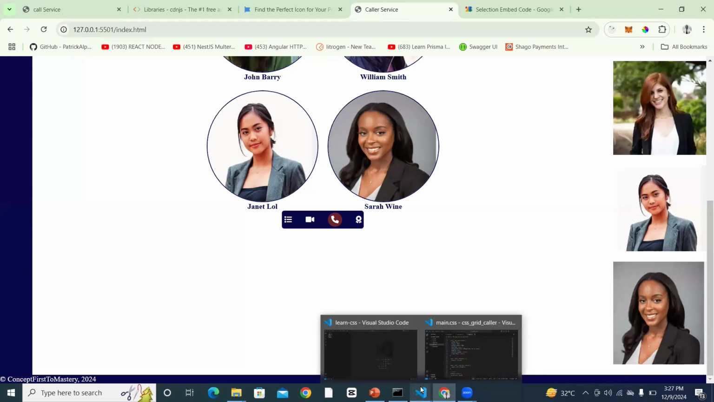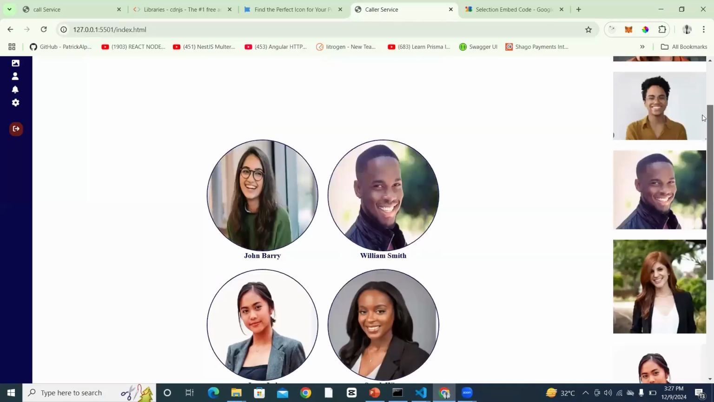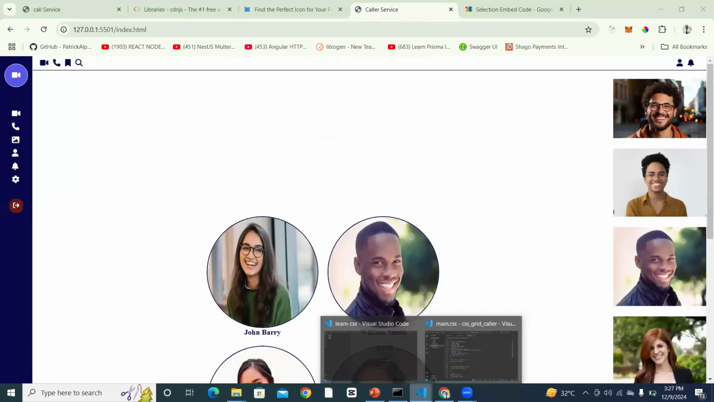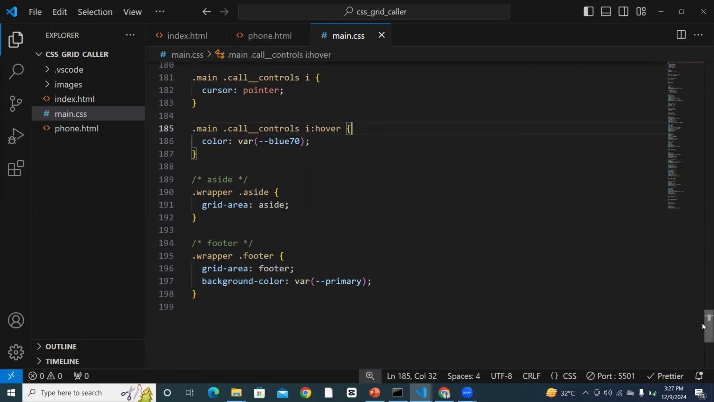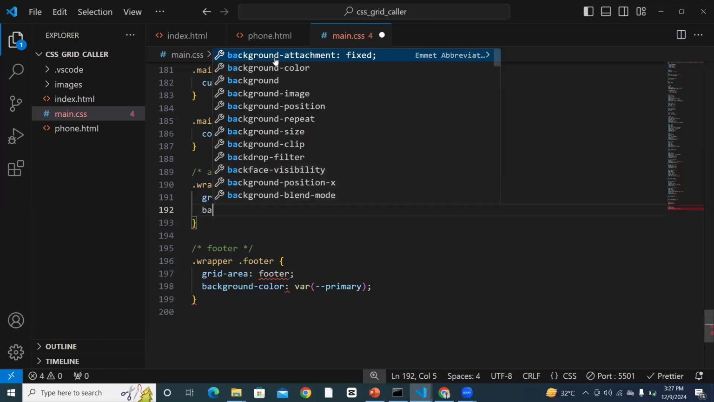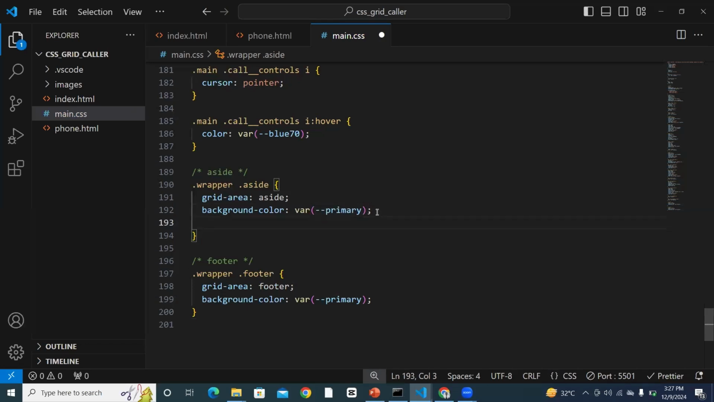Now, away from that, let's go to something else, but this is shaping out now. So the only sections that are left are this sidebar and the footer, which should not take us time to fix. So let's go to aside. For the aside, we are going to have background color of primary, and we are going to have